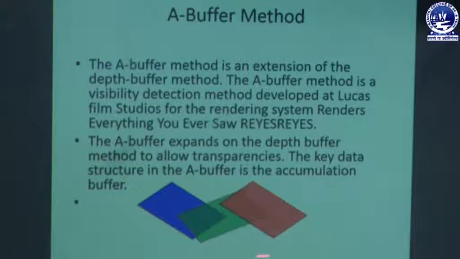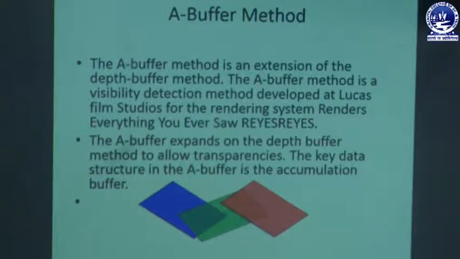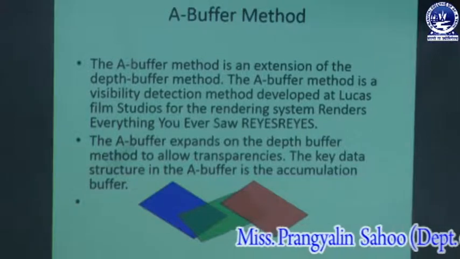That means here is the main object to be viewed by the viewer on the screen. In this case, the front portions can be viewed very easily, and the back side portions may be viewed by the user by using the transparency concept. So it uses another type of buffer, that is the accumulation buffer.